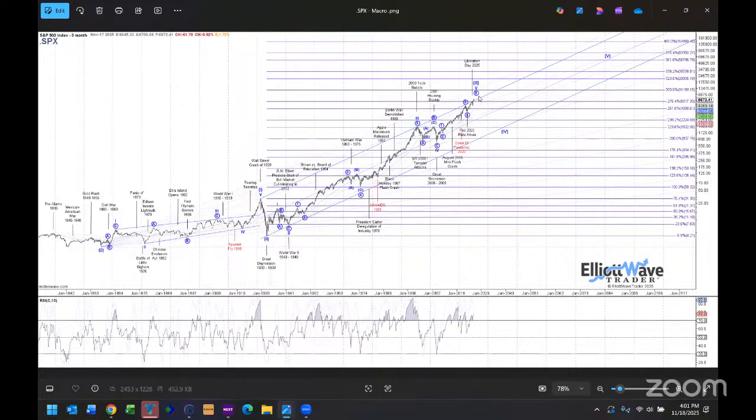Remember, I said wave 1, 3, and 5 break down into 5-wave structures. On the long-term trend, we are completing a 5-wave structure now for this wave 3. And we are actually in the final fifth of the 5 of that 3. In other words, we are really coming to the end of a very long-term trend. And when this completes, my expectation is to see a very long fourth wave.